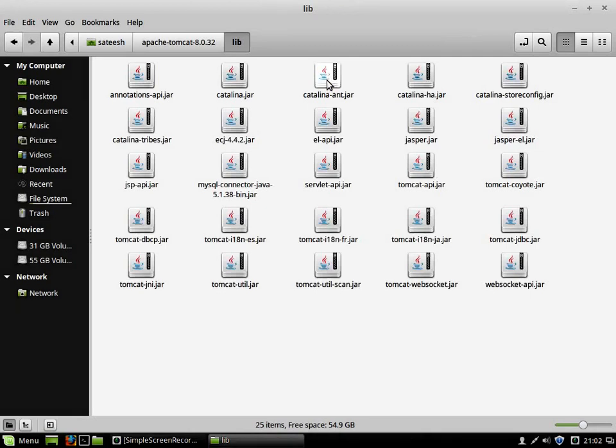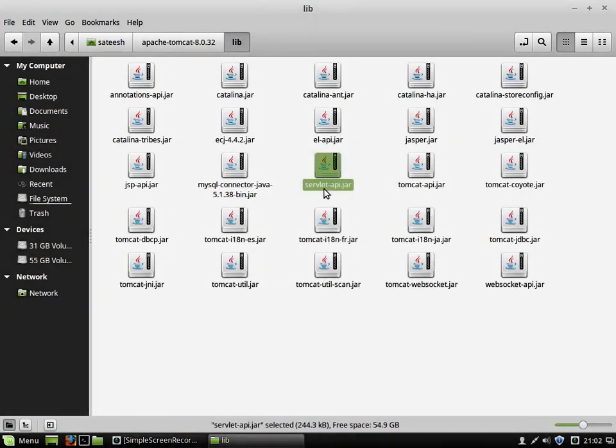If you open it, you can see a jar file called servlet-api.jar. It's very important to remember this name. The file name is servlet-api.jar. If you want to become a very good application programmer in Java, then you will be regularly using this particular file,